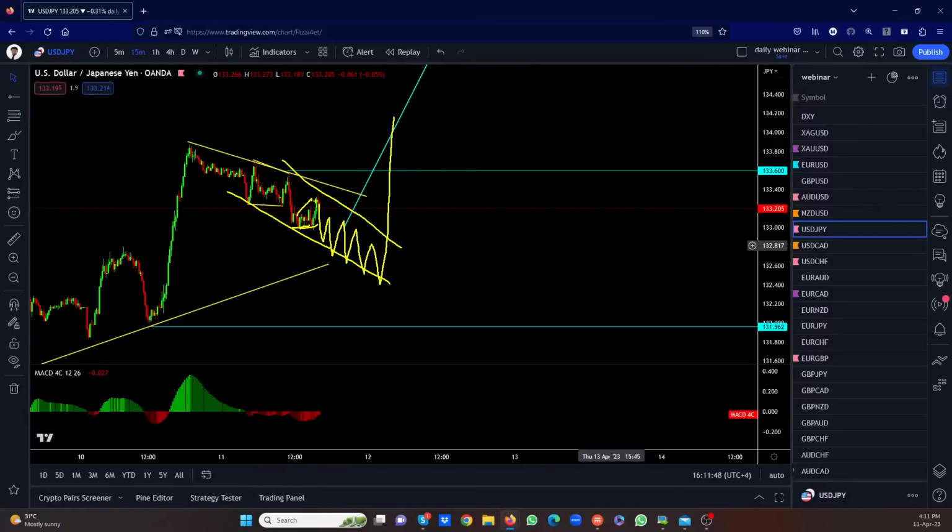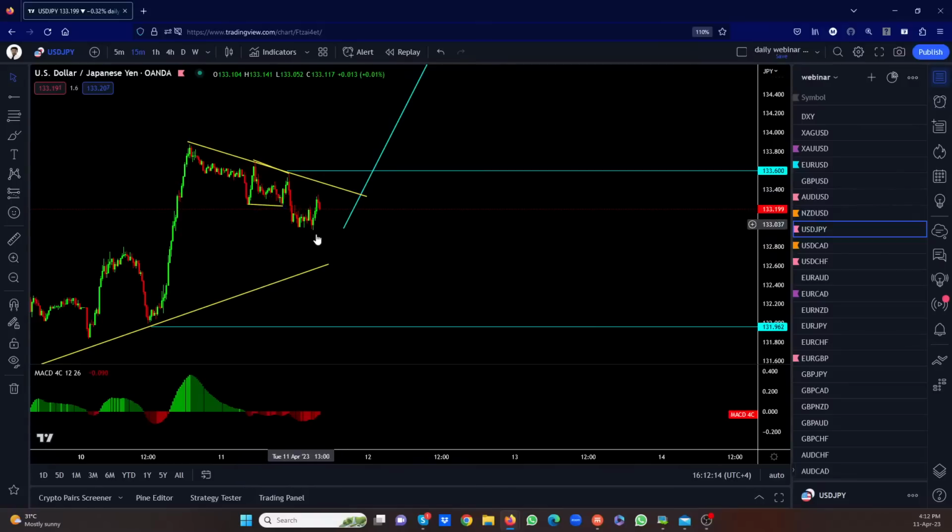Now, can this drop through the bottom? Yeah, but only when it drops through this bottom will we consider the sell. Because as of now, this is a correction that goes up. Now, you can sell it. Nothing is wrong with that. Like this morning, I told you that you can sell it here. You got break even. You should close the trade. If you don't close the trade, you're setting yourself up for failure.